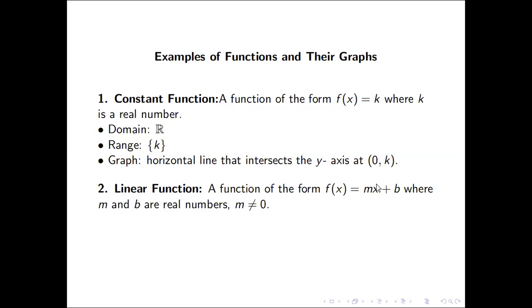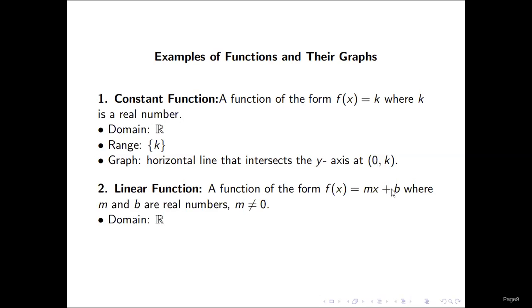If m is 0, what happens to this part? It becomes 0. So it becomes f of x equals a constant, a constant function. And technically, by defining it this way, a constant function is not a linear function, okay? Because it has no slope, it has no inclination, it's flat. Its value is fixed. So just remember that technically a constant function, though the graph is still a line, is not a linear function. For it to be linear, it has to have a non-zero value for m, so that you will have different values for y.